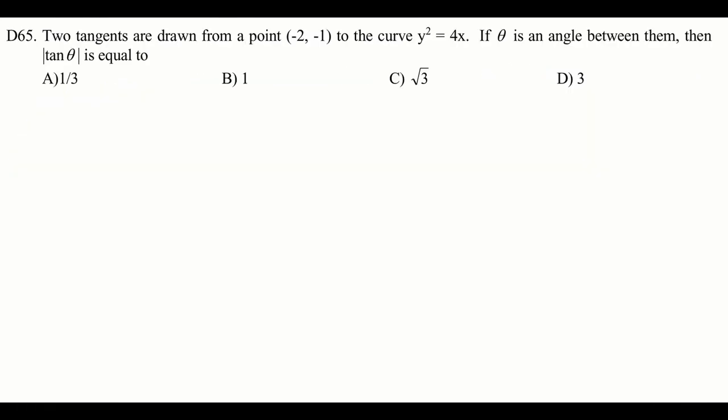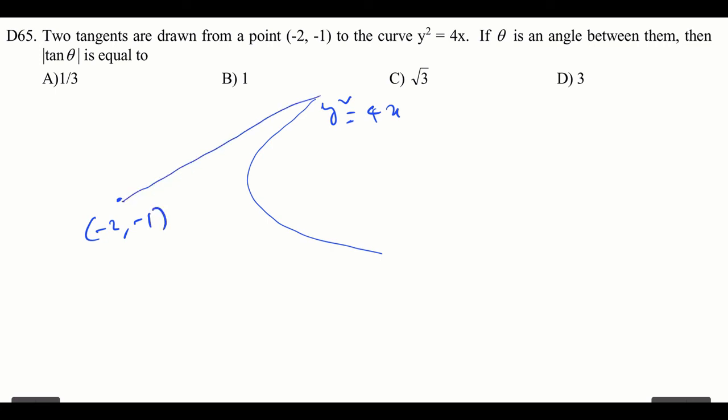Okay, for this problem we have the parabola y square equal to 4x. Now from a point (-2, -1) we are drawing tangents to the parabola. Those are the tangents. We have to find the angle between them. Now what I do is I assume that